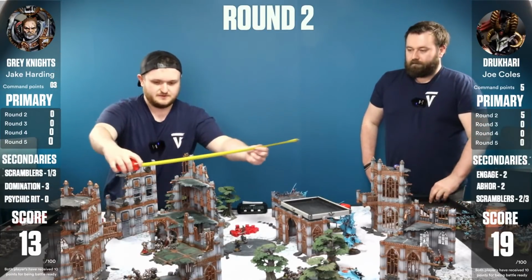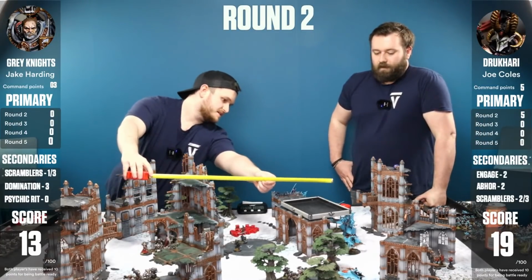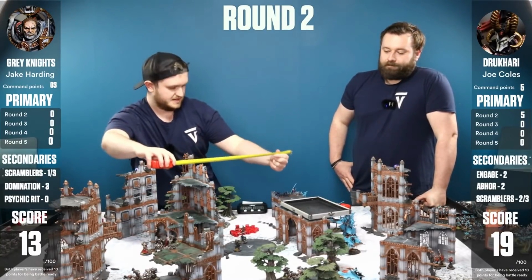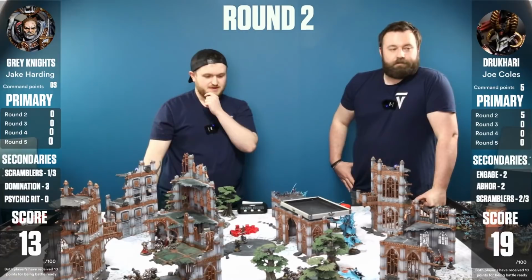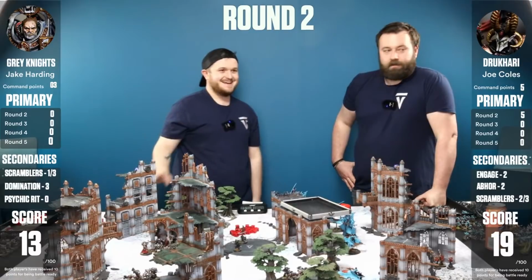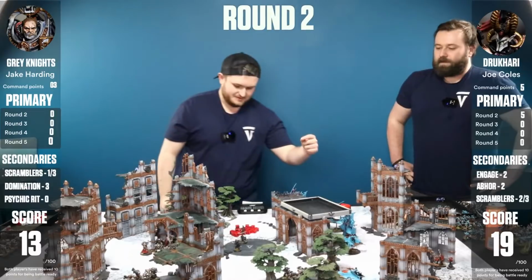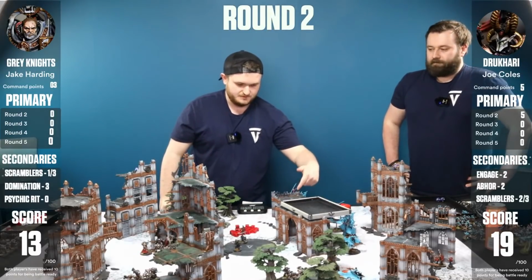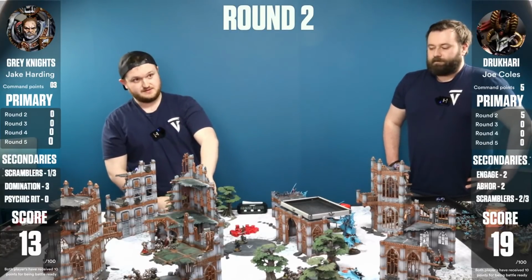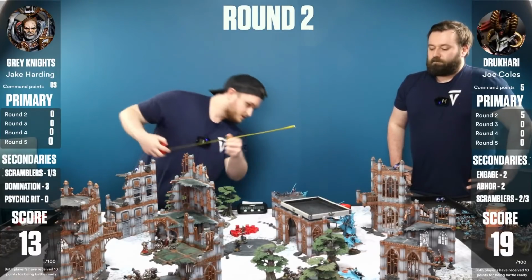24 inches and they don't need to see anything. What's in the building there? I've got 2 Raiders and a Venom. Cool. And then there's a Hellion there. So I really need to kill that Hellion. Why? Because he's a bit annoying. It's not doing anything. It's not hurting anyone. Well, just because obviously he's an easy scramble, isn't he? So I don't want to deal with that. He loves to scramble those eggs. So I'll shoot him with 1 guy. I'll shoot 4 guys into the Mandrakes. And then I'll shoot